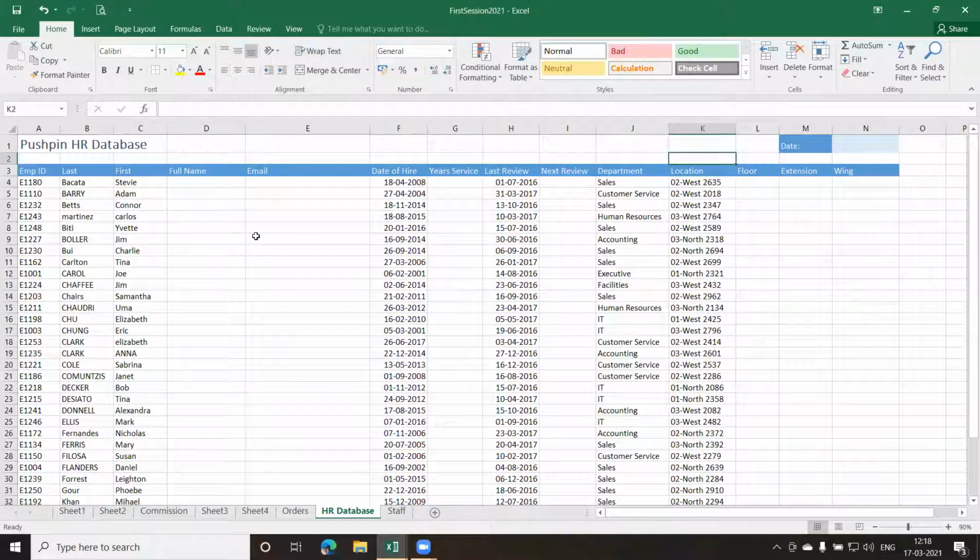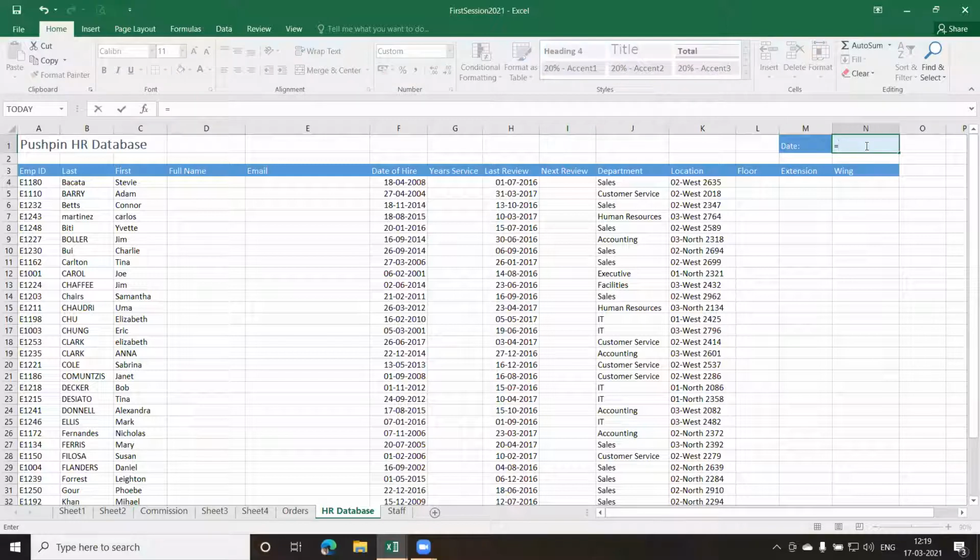Now we are going to use some functions and see how we can complete this whole database. The first function, which we have seen last time also, is the date function. If I want the current date, I can come here and give equal to. There are two functions, as I told you last time, NOW and TODAY, which will give you the current system date.